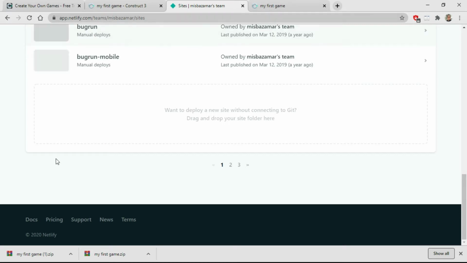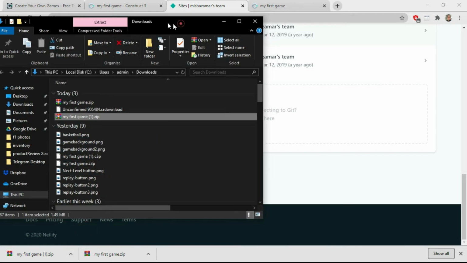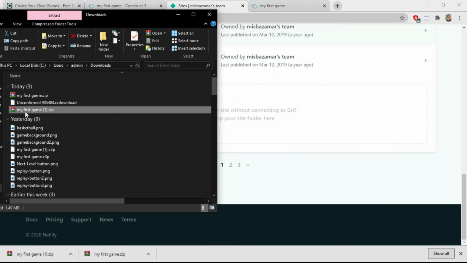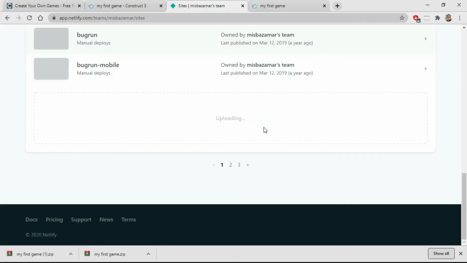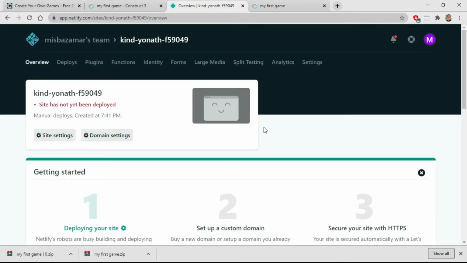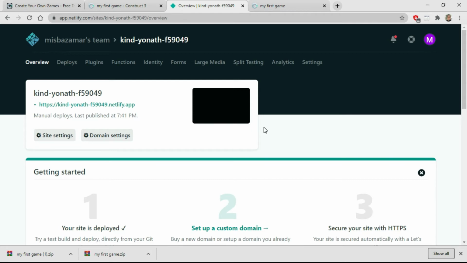Go to your folder over here and identify which folder you want to drag inside. This will be the one that I'm going to do. Click on it, hold, and then just drag inside this box over here. Give it a few seconds depending on the complexity of your game. Now it has already been uploaded, but it gives me a random name for it. So what I'm going to do next is change the name for this game. Click on site settings,